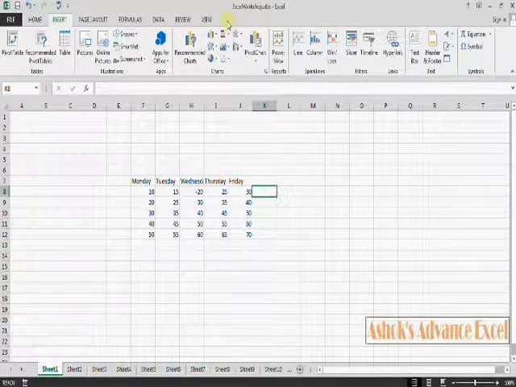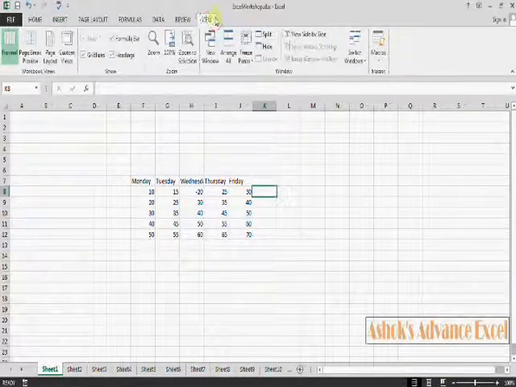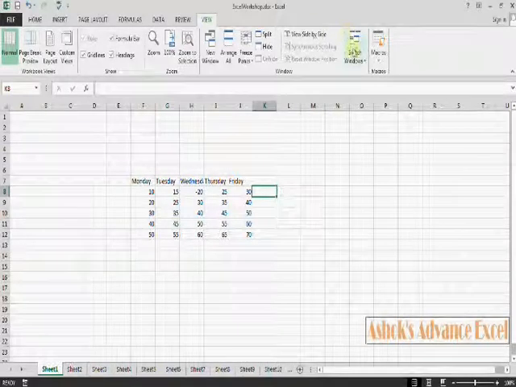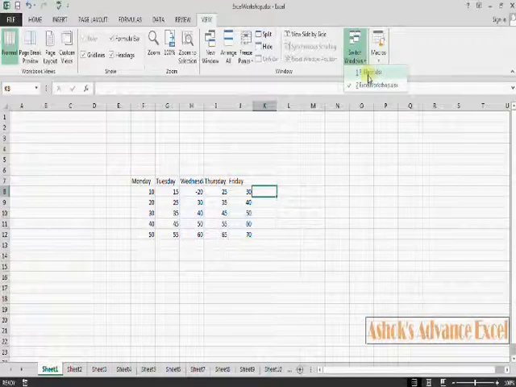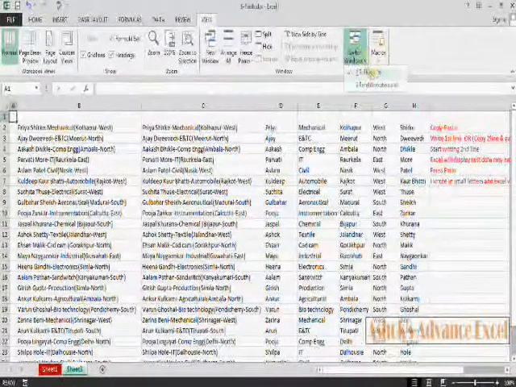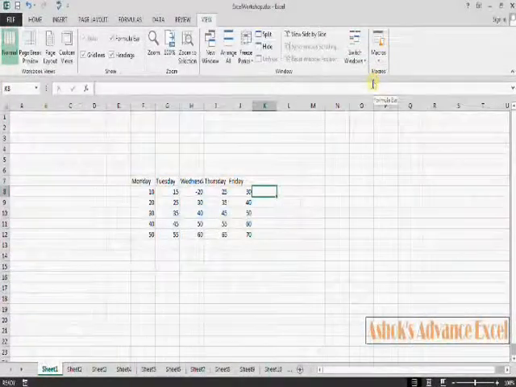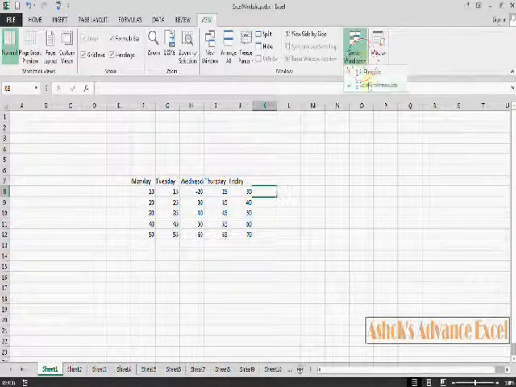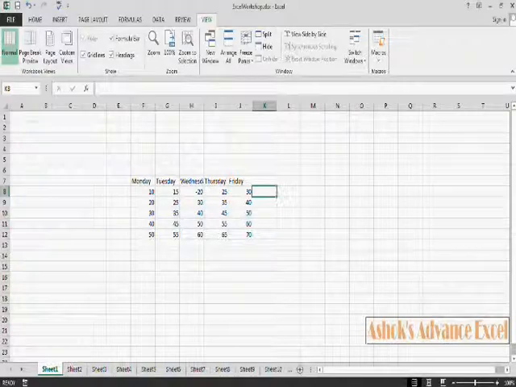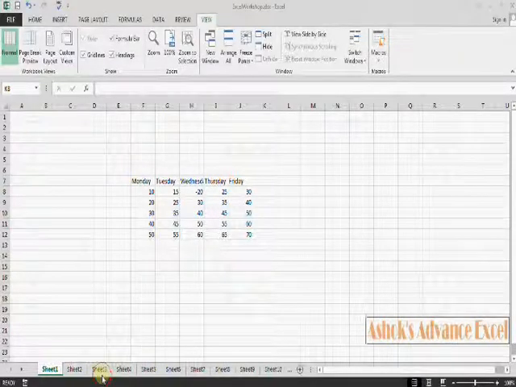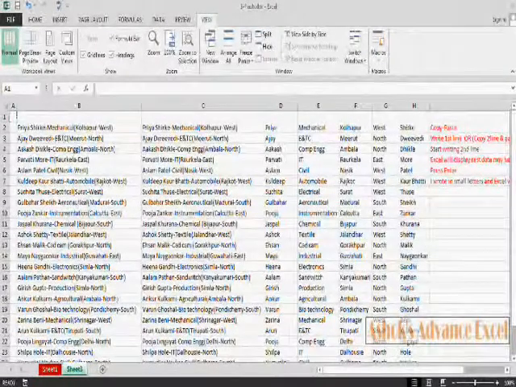Now notice in the View tab there is Switch Windows. Just click on it and you can see both open file names here. We can select any file from this location. Another method is on the taskbar also we can select any file, but this new feature is added.